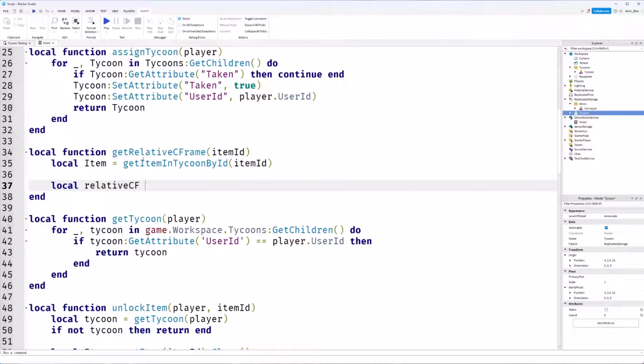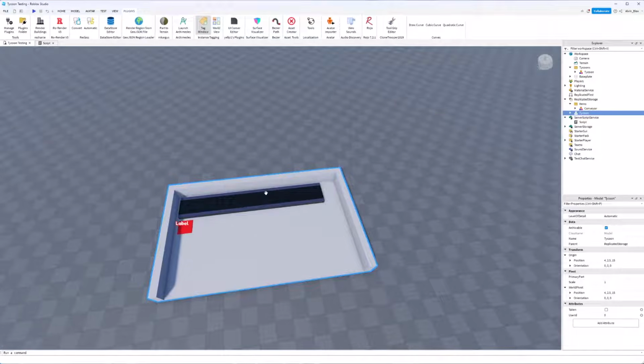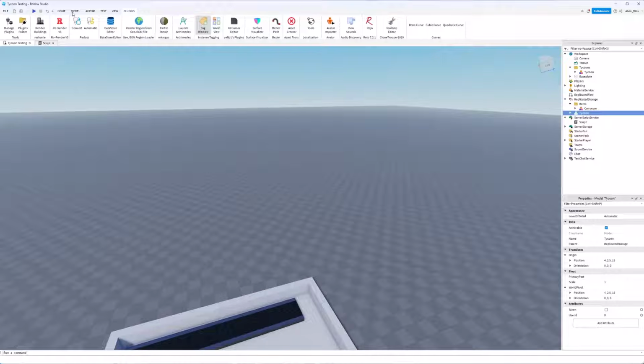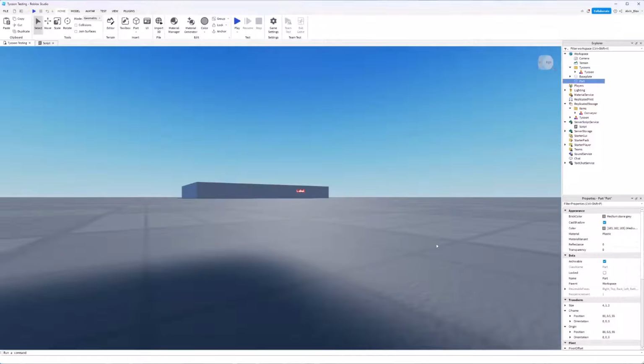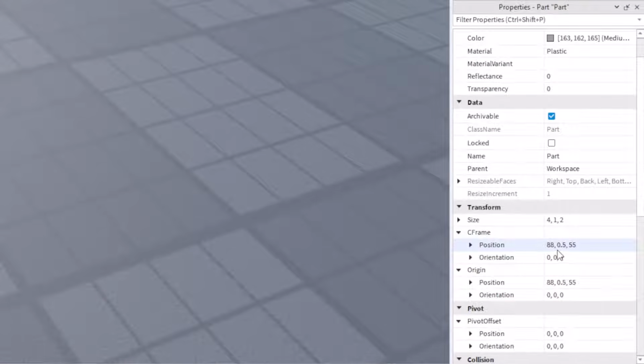So by default in Roblox, any CFrame or position is relative to the origin, which is a point in the world marked by 0, 0, 0. So if you had a part in your game and you have a look at its position down here in the properties, you can see its position is 88, 0.5, 55. That's also its CFrame. And that just means it's 88 studs on the x-axis away from 0, 0.5 studs away from 0 on the y-axis, and 55 studs away from 0 on the